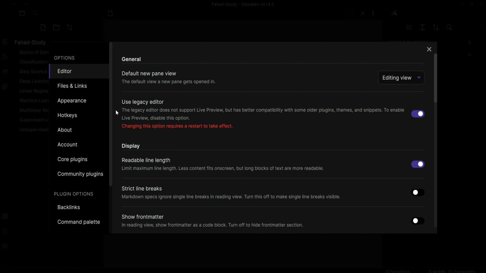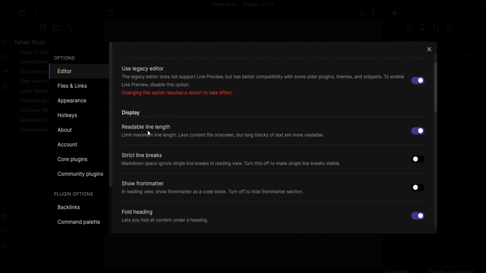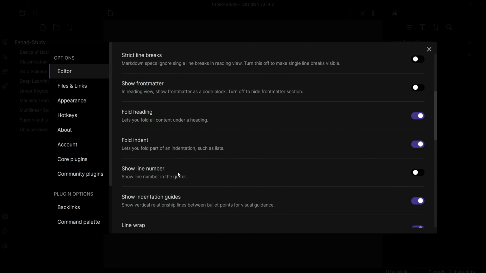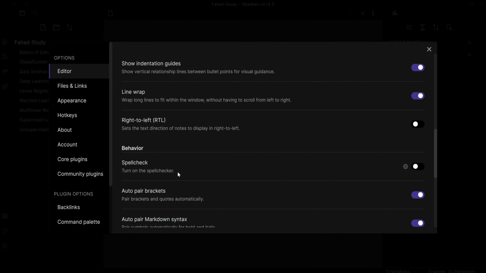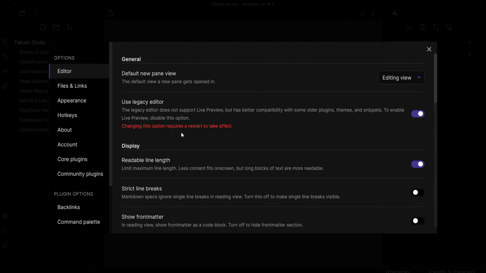Now most of the settings, just leave them the way they are. Using legacy editor, okay, fine. Display, just leave them the way they are. They're fine. Right to left if you're writing Arabic. Now let's go and check the